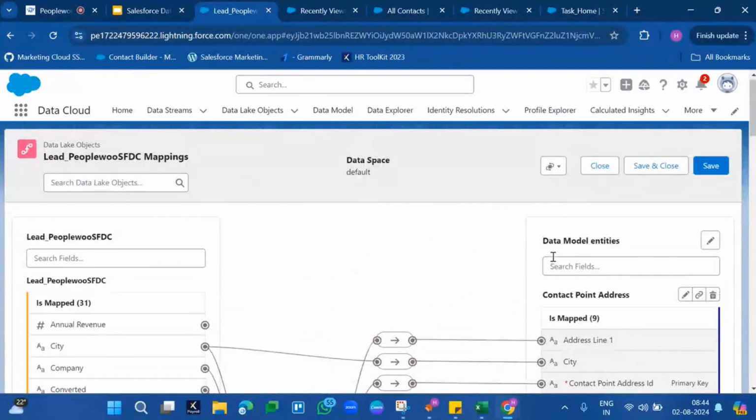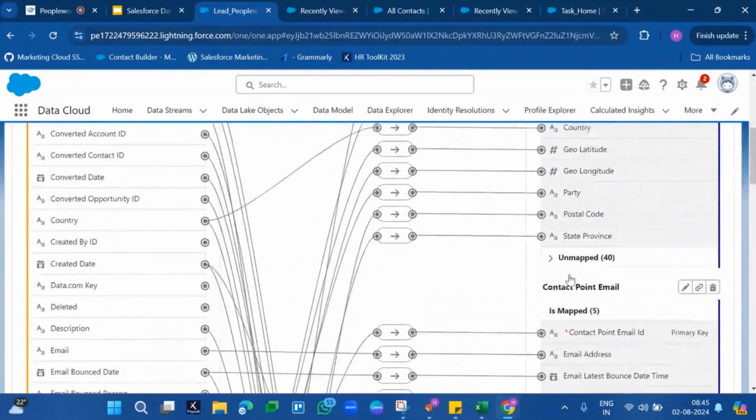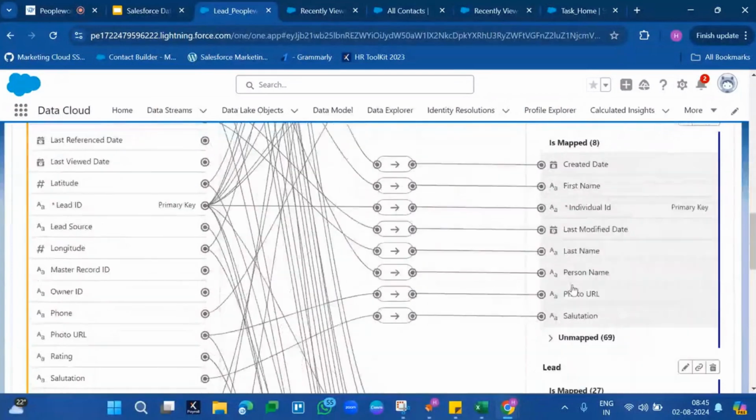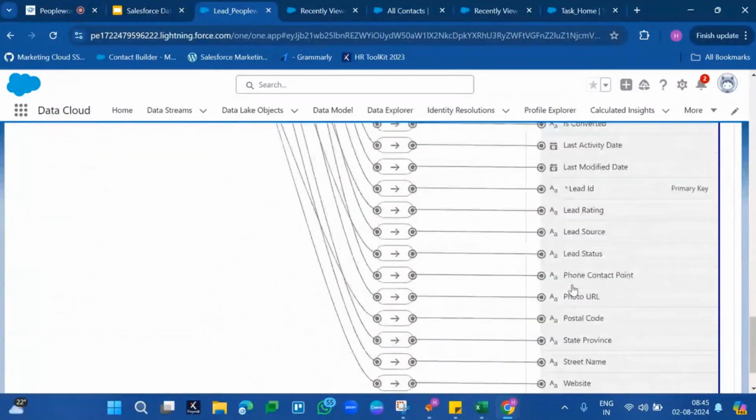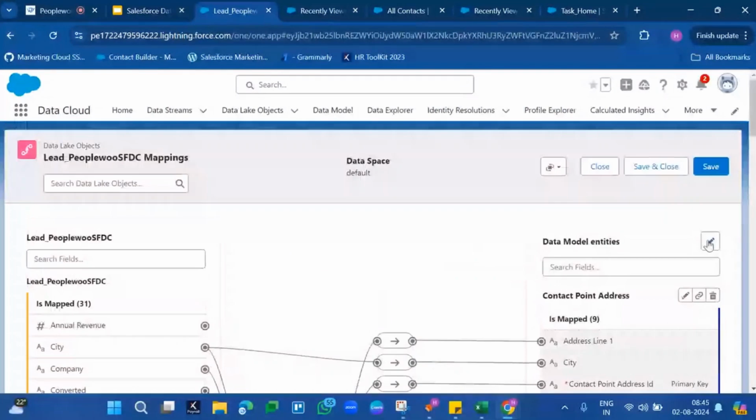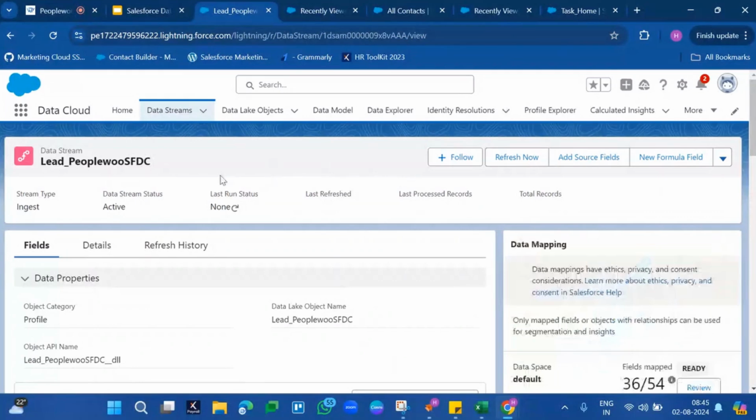So these are also profile category objects. If any object is profile category, contact point email, contact point phone, contact point address, and individual, all these details are by default mapped. So what we have to do is create some data in our own SFDC org, the secondary one which we have integrated, and try to bring that data to Data Cloud. Once that data comes to Data Cloud, we will try to see how to work with identity